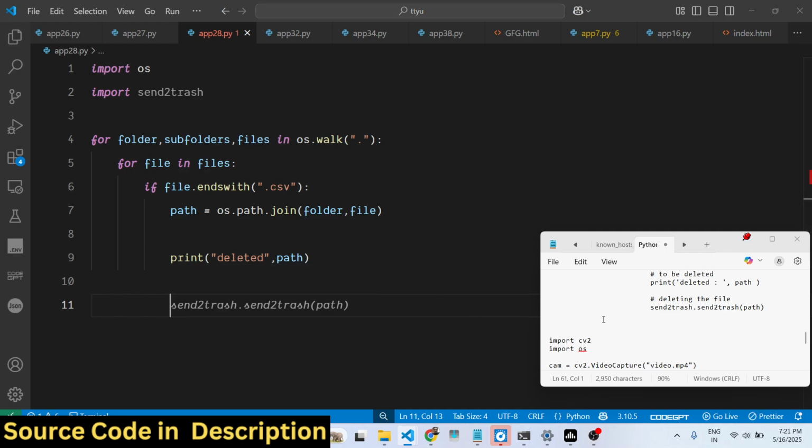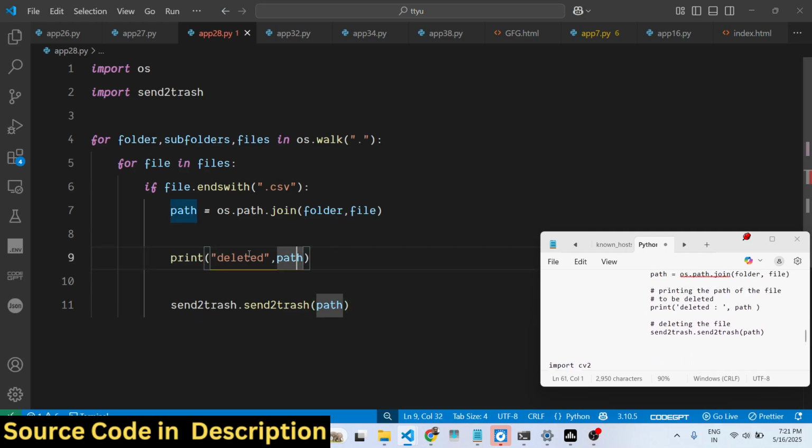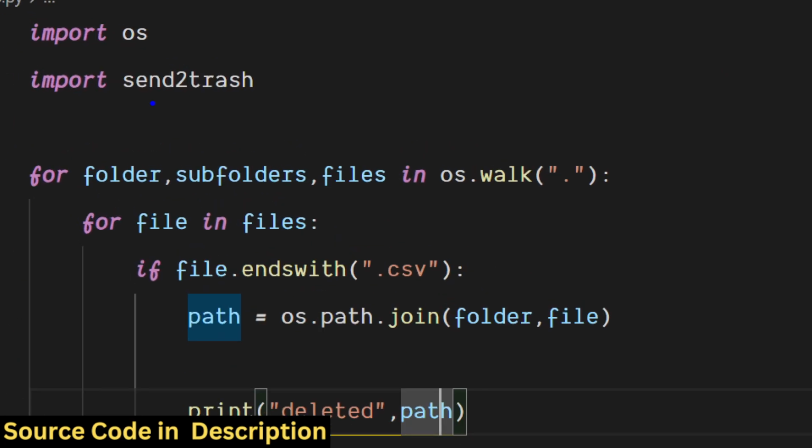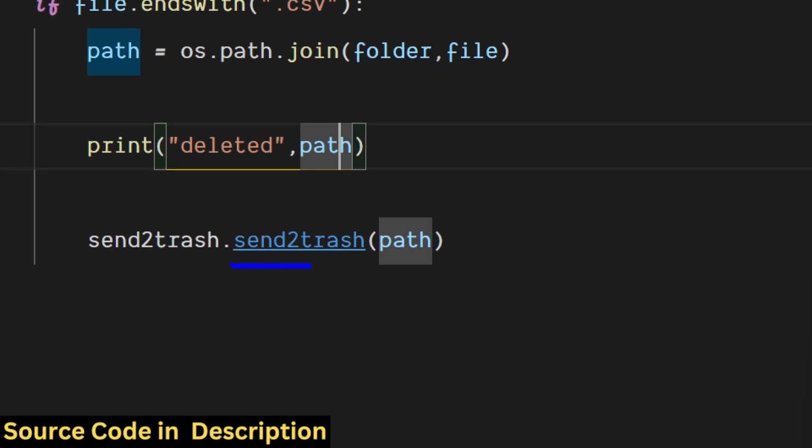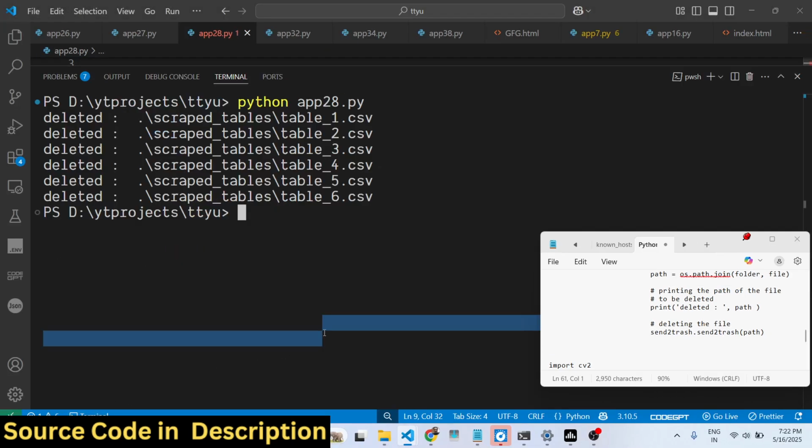And now to send this file to trash, we call this function send to trash. It contains this function send to trash, and that's all. That's all that we need to do inside this. It contains this inside this module send to trash. So if you execute this,